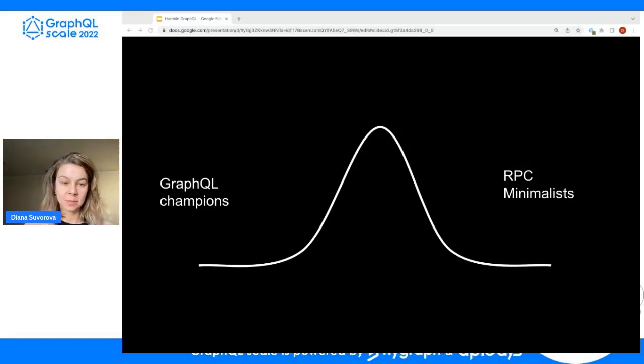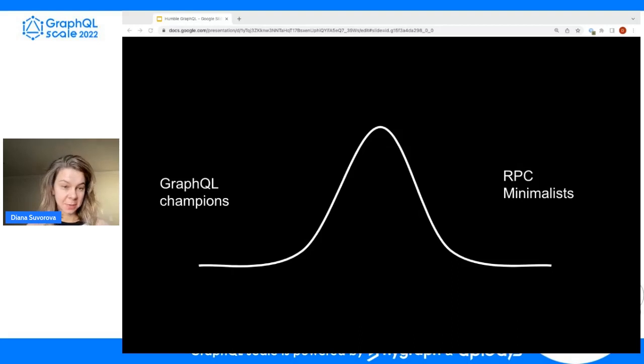And the remainder is a majority who use GraphQL, as I said, as the default communication protocol. They're not very vocal. As with any majority, we don't know what they think. They have better things to do than think about GraphQL. So they use it, and yes, we don't hear much from them. So the question is, where do we go from here?